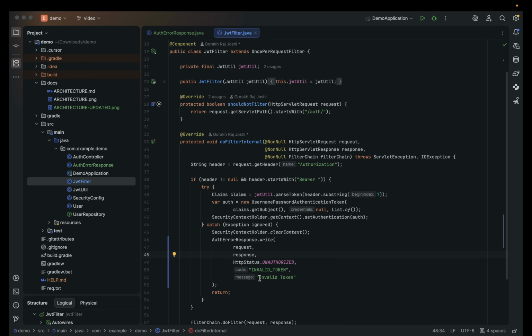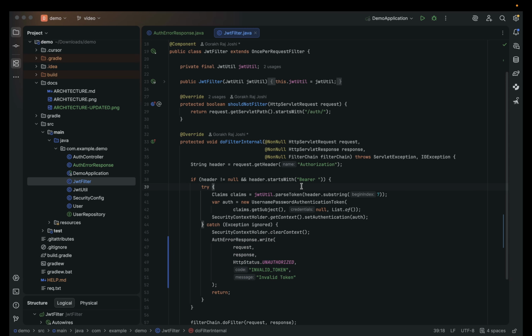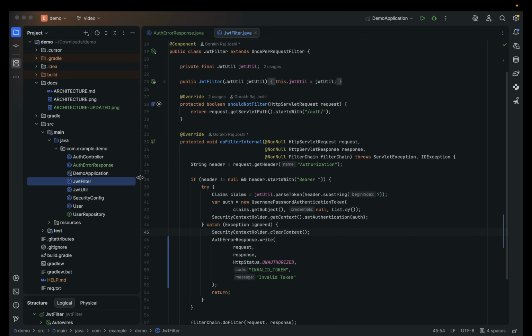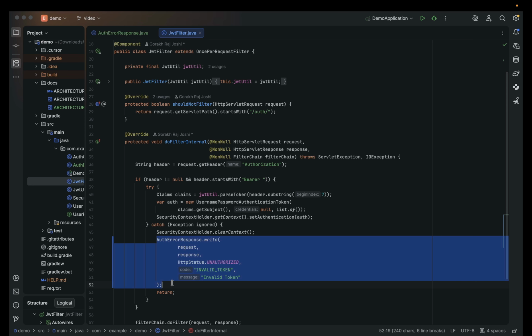Perfect. Okay, so basically we replace the earlier exception that we were writing here ourselves. Now we are reutilizing the common class that we wrote ourselves. Okay, it should work now. So let's go ahead and try these lines of code. We are going to first start our application,